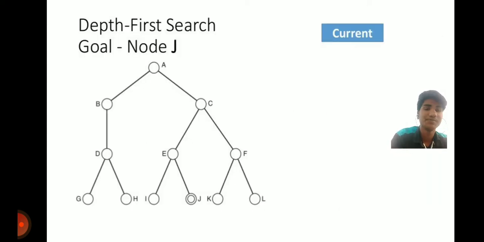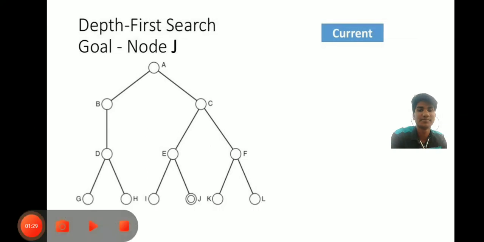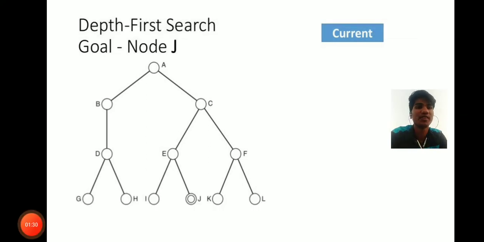So let me explain with an example. In the depth first search algorithm, there is also a tree. The main node of the tree will be called the root node. So in the current state, it will start with A, and then